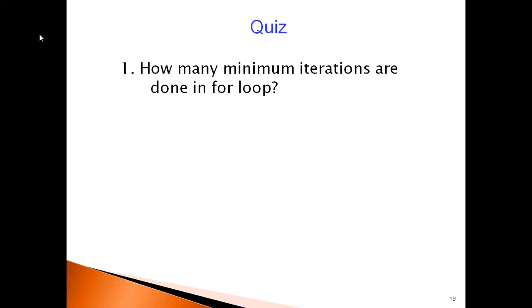This is one quiz. How many minimum iterations are done in for loop?